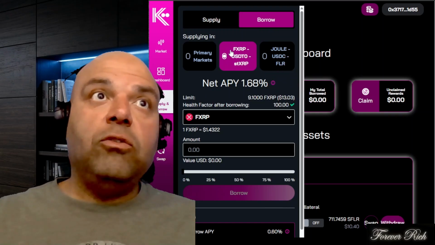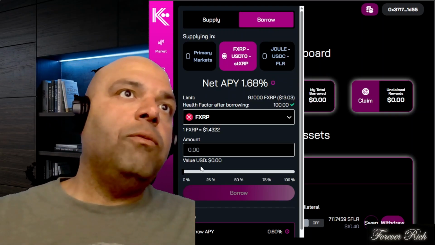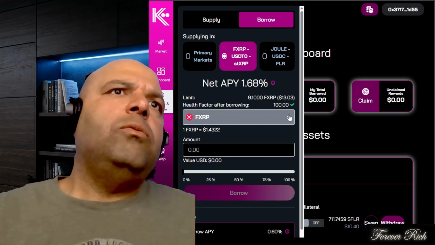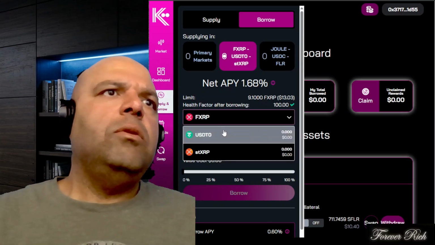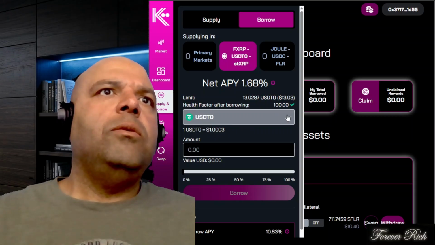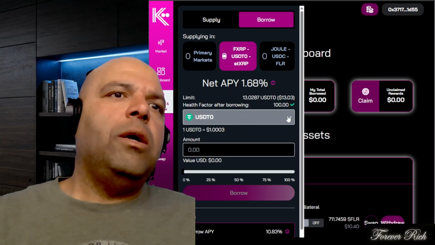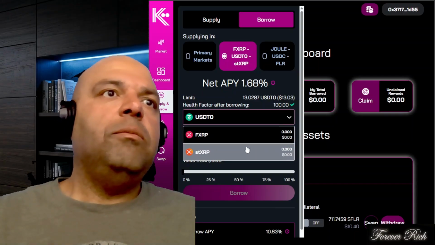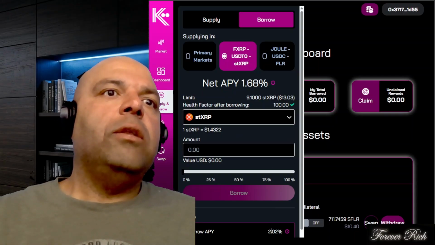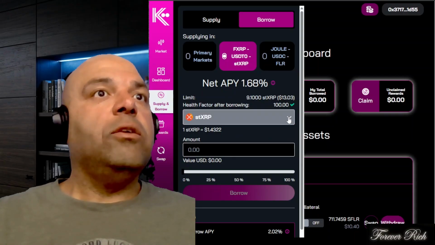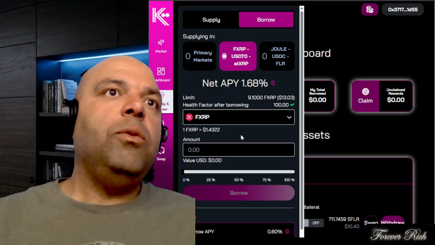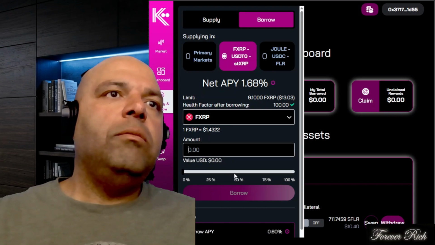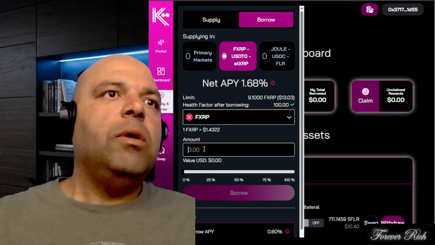Same thing. We go to the ISO market right here. This is what we're checking off for FXRP. It's very clearly labeled. And what do I want to borrow from it? All right, you know something? You look around, you see USDT, they're letting you borrow at 10.83. That's kind of high. Why not do that? I get a 2.2 from staked XRP, so you could get access to both. Or, you know something, 1.68. I'm just going to borrow what I can, and I'll keep it conservative